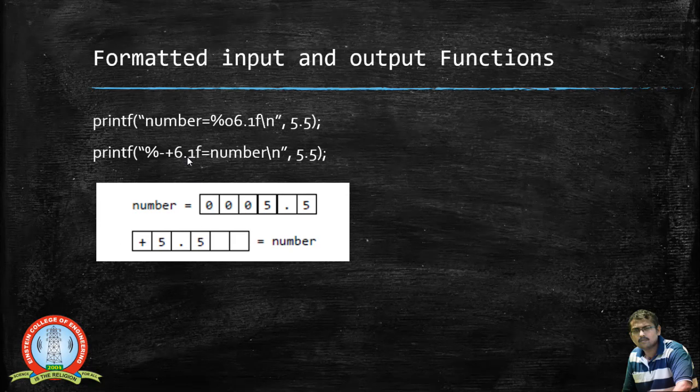So when you are using 6.1, the total space is 6. So it means that there will be spaces while it is printing. To avoid those spaces, we can put a negative symbol, that is a hyphen symbol, which indicates that it is left justified. Similarly, we can also specify the sign of this number, either positive or negative. If it is a negative value, we just give a minus here, and since it is a positive value, the sign is also displayed over here.